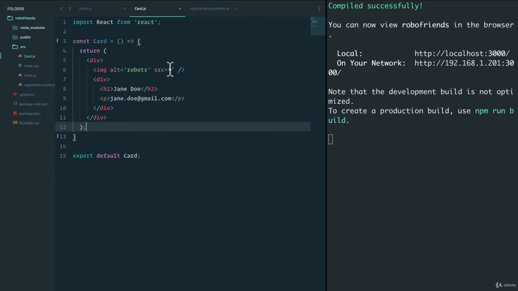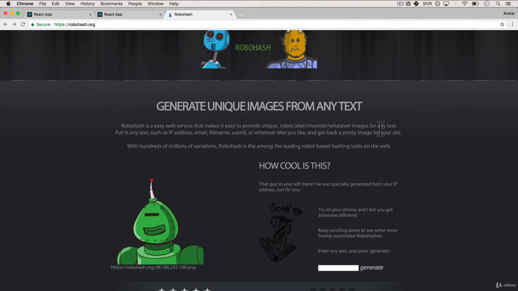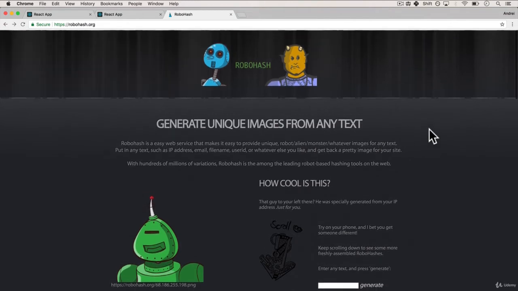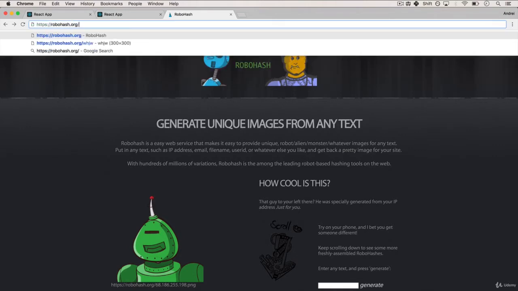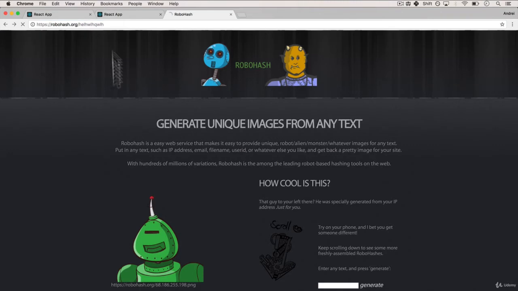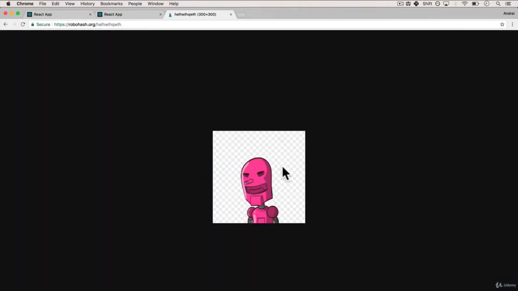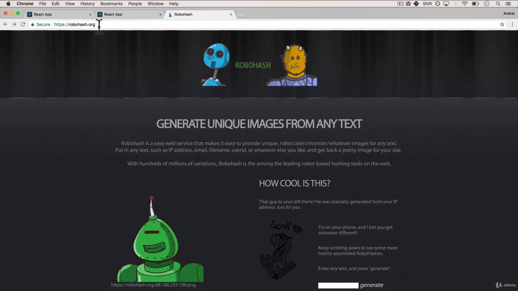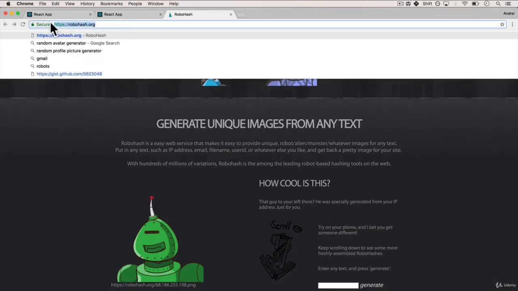Okay, now we need an image. And for this exercise, I have something called RoboHash for you. It's a really, really cool API. And for those that don't know what APIs are, don't worry, I have a section coming up with all that information. Well, you'll get to learn about it. But the cool thing about RoboHash is I can just say anything in here, and it will return a random robot for me. All we need is just this URL,